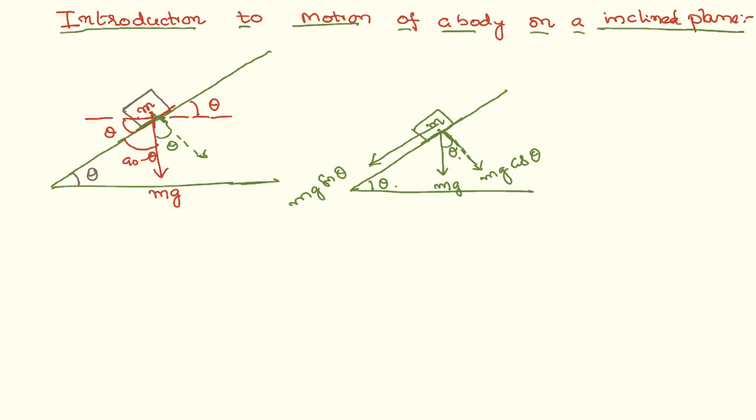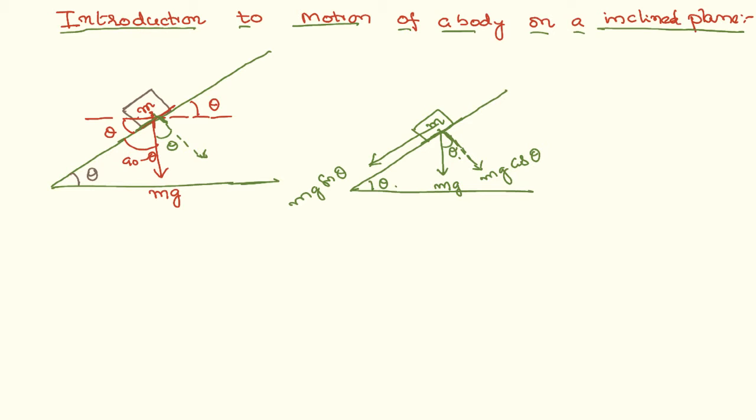The components will always have the direction of the vector. This is from here, it is going away from the origin. Therefore, the components also will always go away from the origin. As I have proved in the previous case, if this is an angle theta, this is also angle theta. That's why I have taken that these two are the same angles.